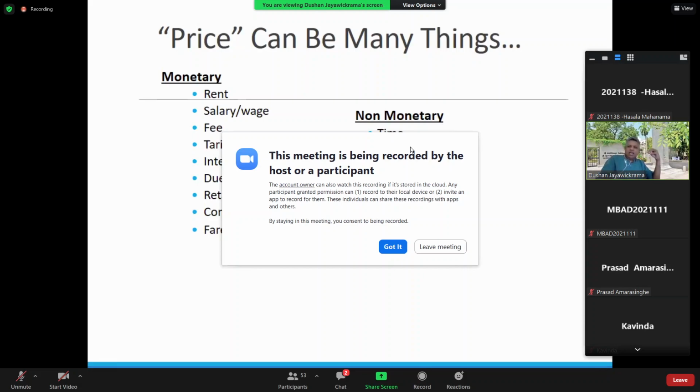Everything has a price. Now, this pricing strategy, coming back to our original argument, has to be determined in relation to the target market. The price of a product has to be determined in relation to the target market, and it has to be very well aligned with the position you have made, the promise you have made. Positioning strategy can come price lead, not the other way around. Right? With this broad idea in mind, can you now read the case study which I have uploaded?